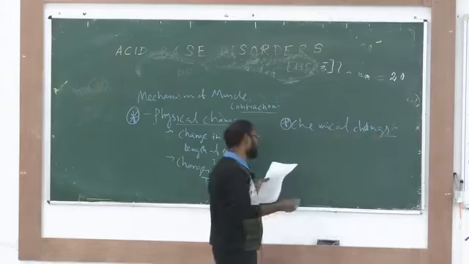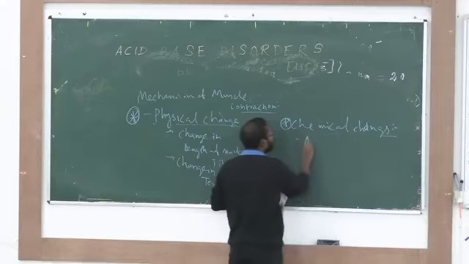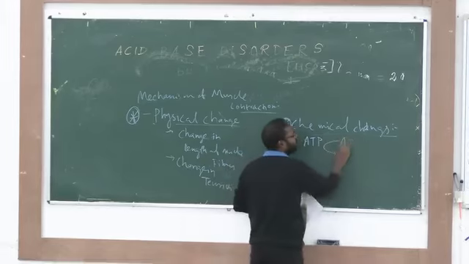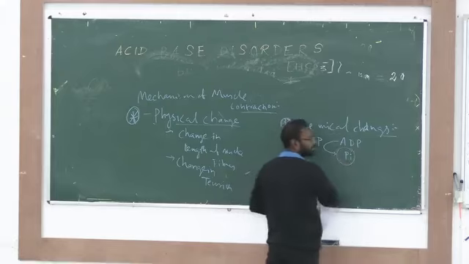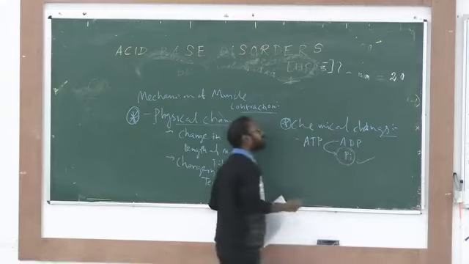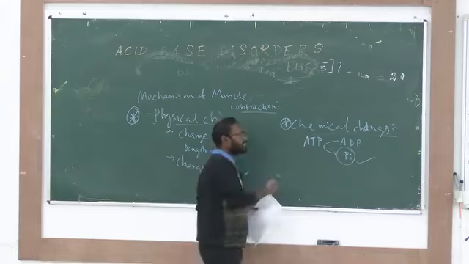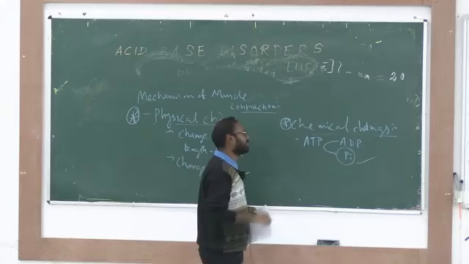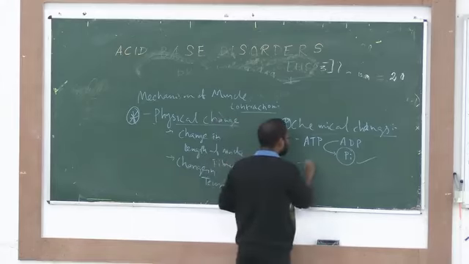Chemical changes are actually ATP. ATP is divided into ADP plus Pi. This is the energy you need. So generation of new energy, that is one chemical change. This energy is liberated. So liberation of energy